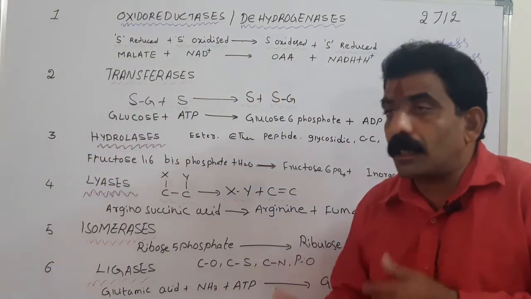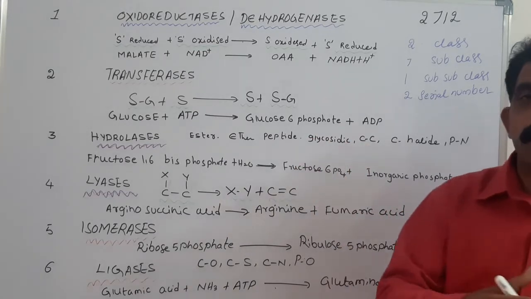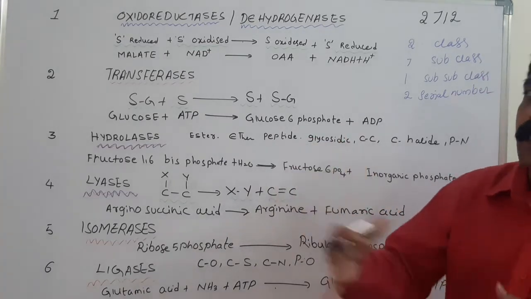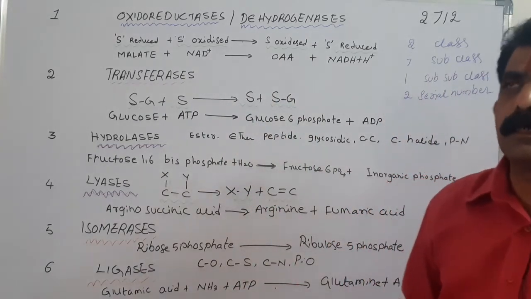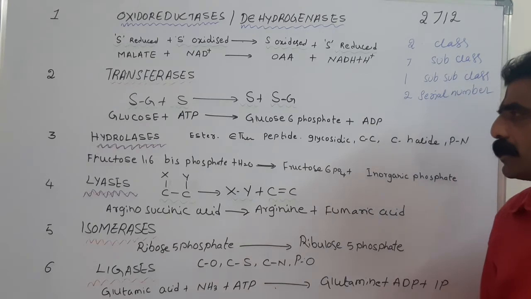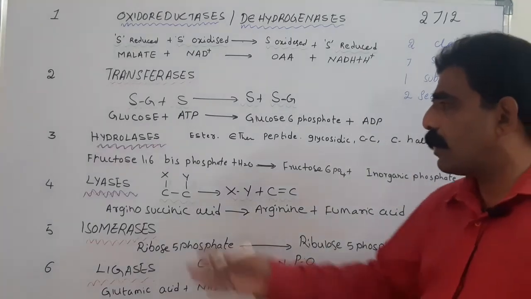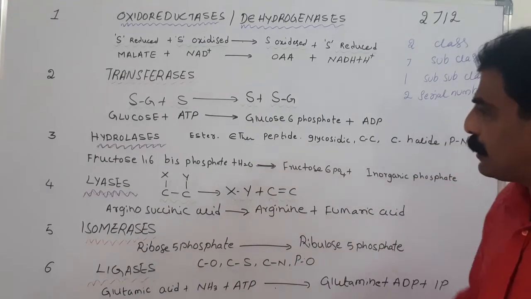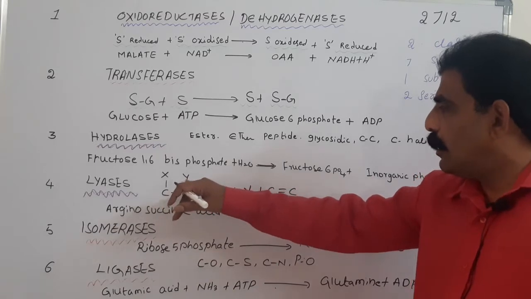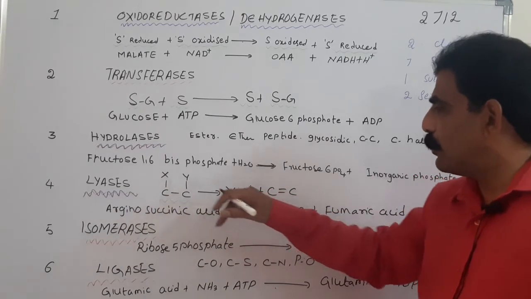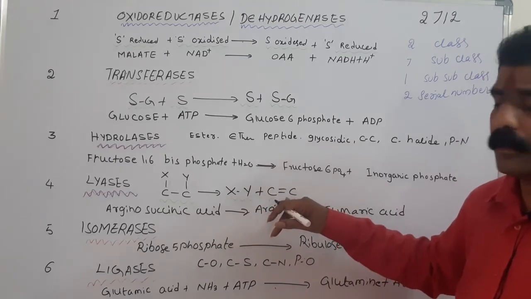So, which enzymes leave double bonds? Lyases leave double bonds. Hydrolases do not leave double bonds because they utilize water molecules, and lyases do not utilize water molecules, hence they leave the double bonds. So the enzymes which leave double bonds are lyases. For example, you can see this general equation. Here groups X and Y are removed, hence a double bond results.